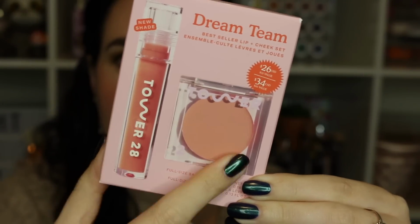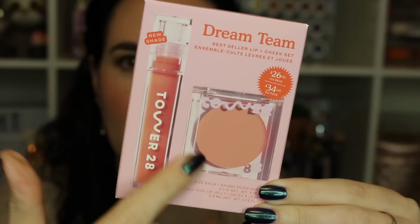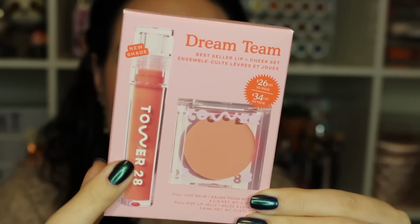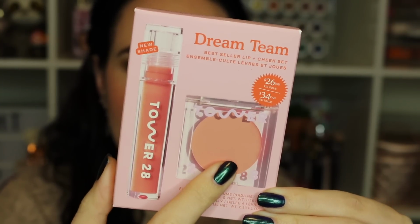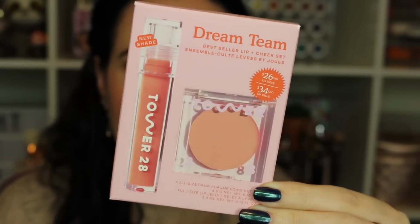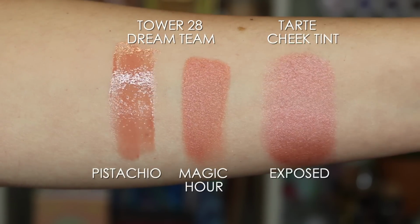My other cheek product is the cream blush that comes in this Dream Team set. It also has one of the lip jellies. These are both full-size Tower 28 products, the full-size lip jelly and a full-size cream blush. The lip product is the shade Pistachio. The cheek product is actually a lip and cheek tint, but I just use it on my cheeks, in the shade Magic Hour. This set was $26 for 2 full-size products,